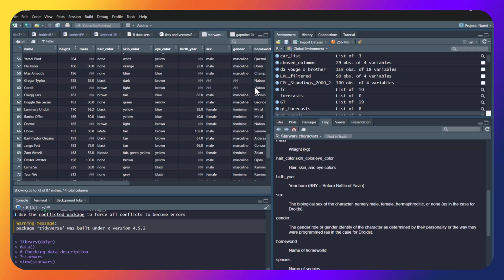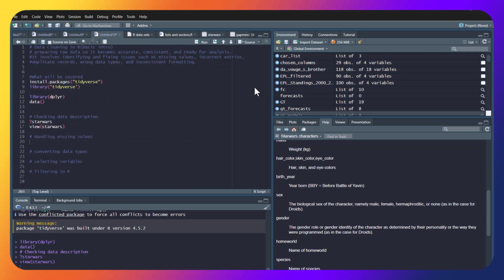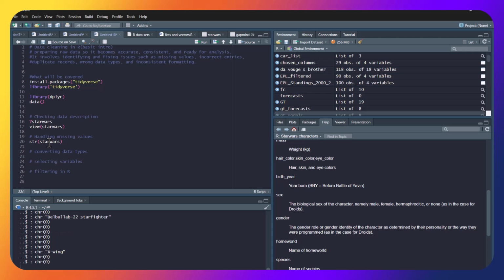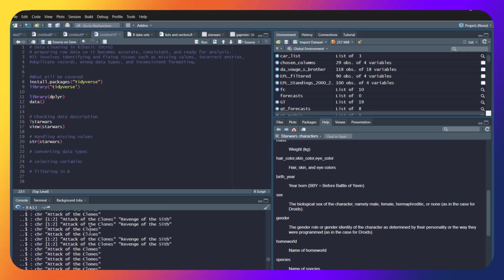So moving on. Before moving on to the missing values, another thing to check is the structure of the data set, to check the data types. To do that, you need to type str of the data set. Consider that the majority of them, all of them, are characters. So before handling the missing values, we can